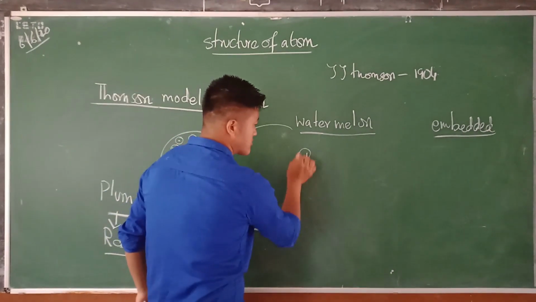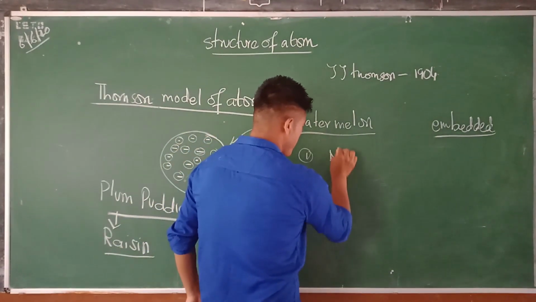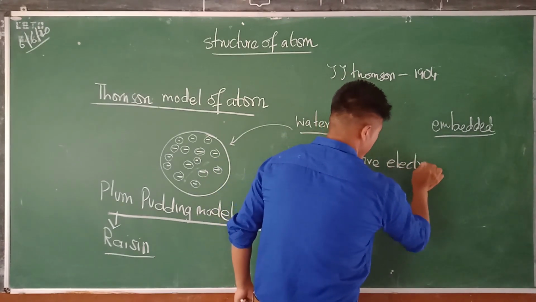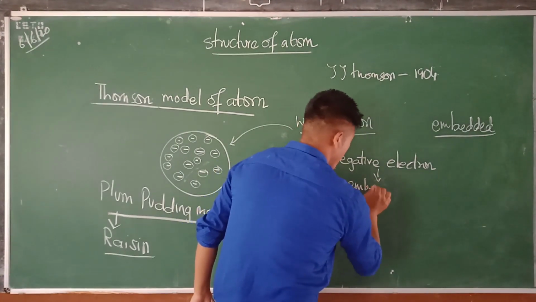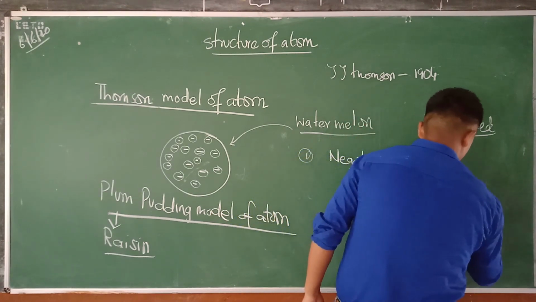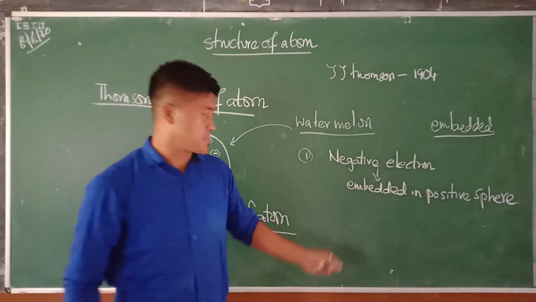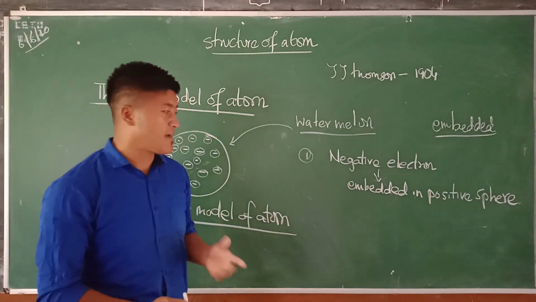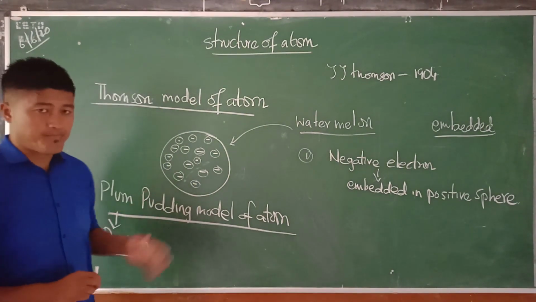Okay, I will just write over here in a short way. Negative electrons, they are embedded in positive spheres. Did you understand this here? Negative electrons are embedded in positive spheres, and he doesn't even have much idea about the positive spheres. Okay, is that clear? Now,